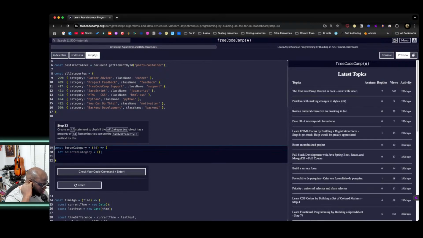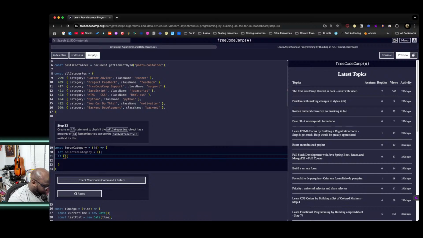If it has a property of ID, remember I can use the hasOwnProperty method for this. Let me see, I don't remember how to use it directly, but let's see. Say I want to say all categories